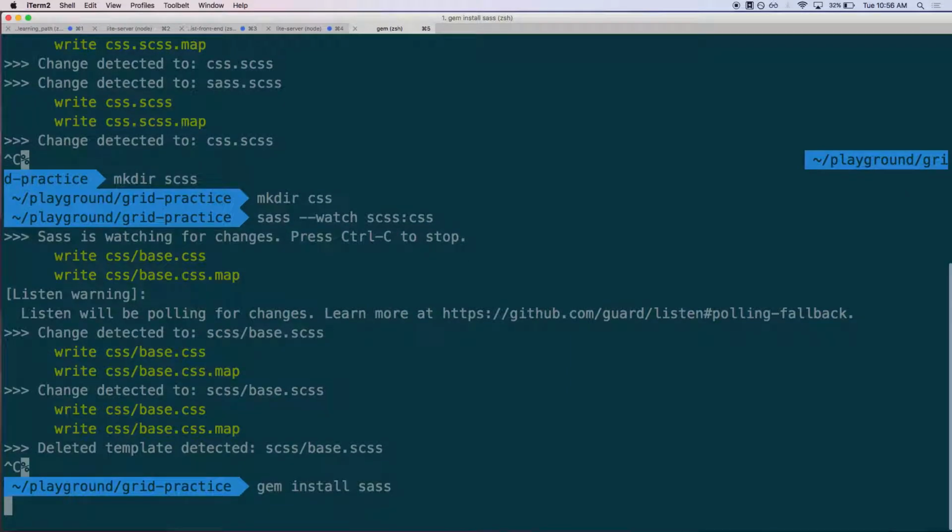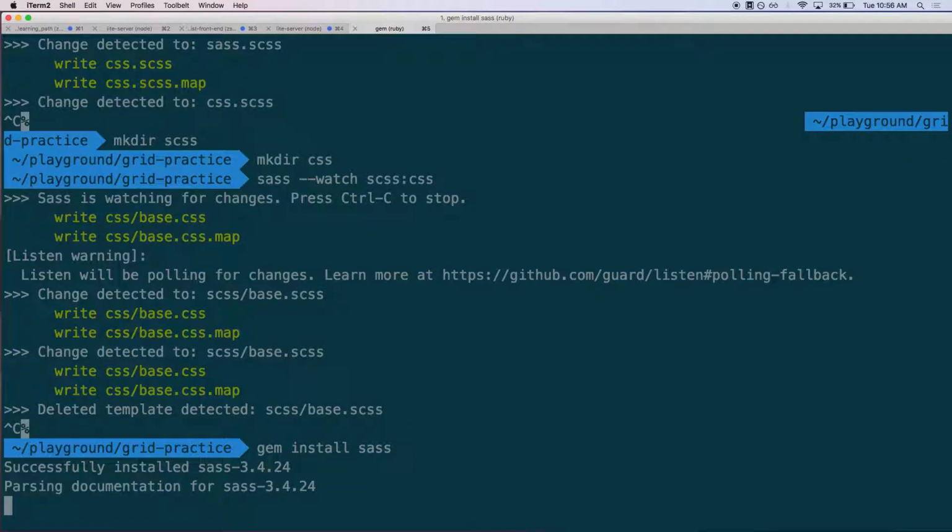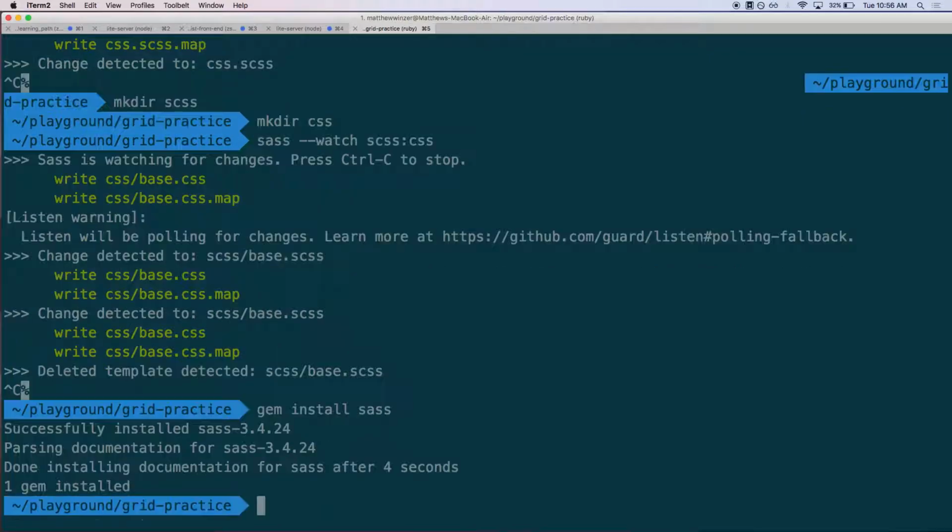Gem is a Ruby command. All Macs, modern Macs at least, come with Ruby pre-installed, and Ruby packages are called gems. So this is kind of similar to doing npm install, stuff like that. It shouldn't take very long to install. Once you have it installed, the next command you want to run